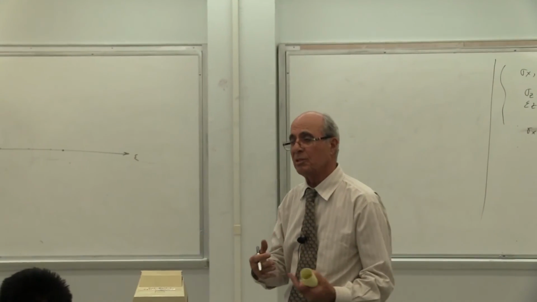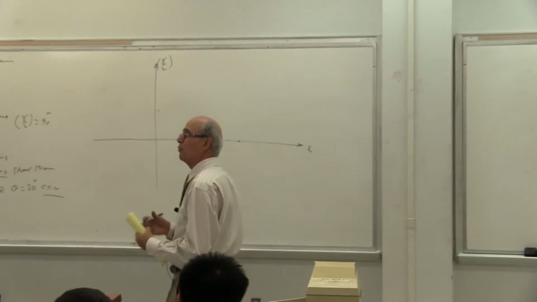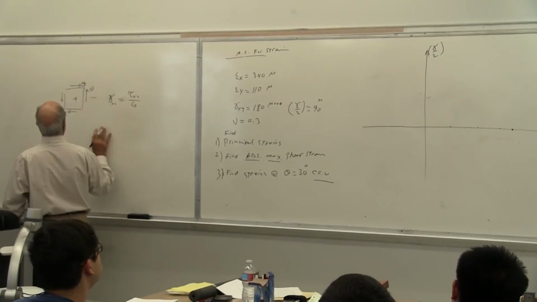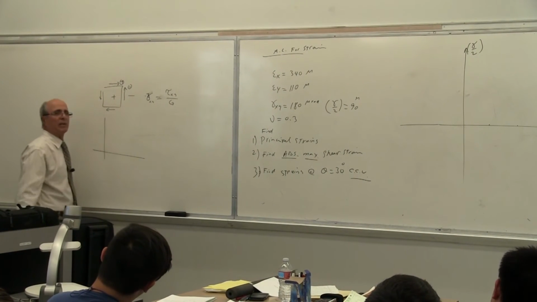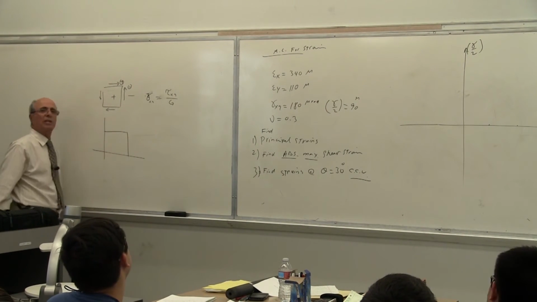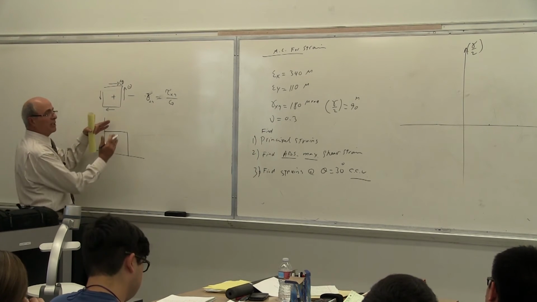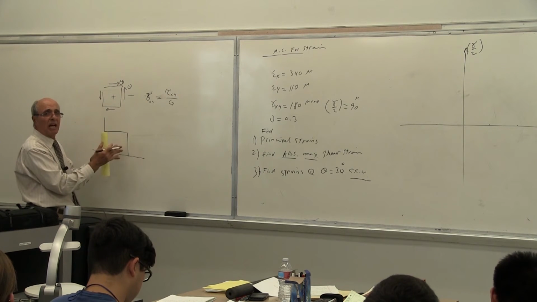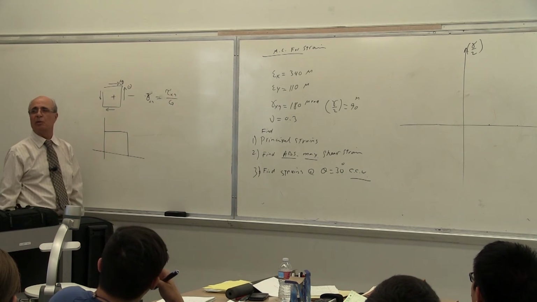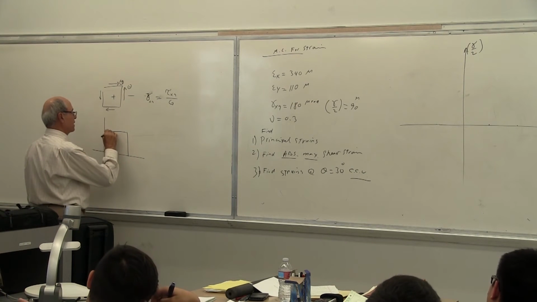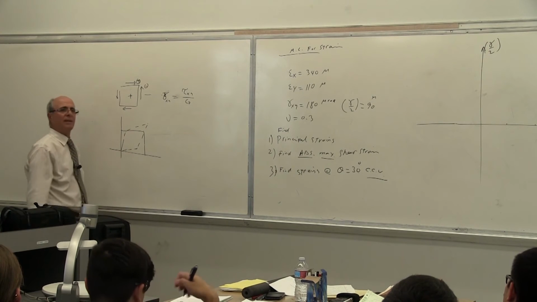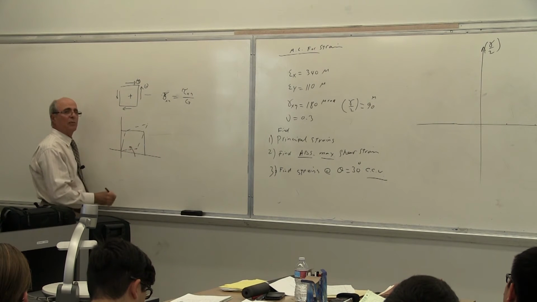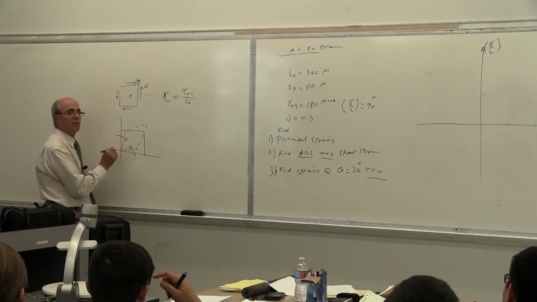The way I want you to look at it, which is much more interesting, is the deformation. Now look what I'm telling you, which comes up with the same result. Let's put that square there. Yes or no? That square is under this kind of action. So after deformation, this becomes a rhombus because the angle changes. Yes or no? You have seen that in ME218, correct or not? It becomes like that. Look, this side went up or went down? This side moved that way, yes or no? This side moved that way, yes or no?